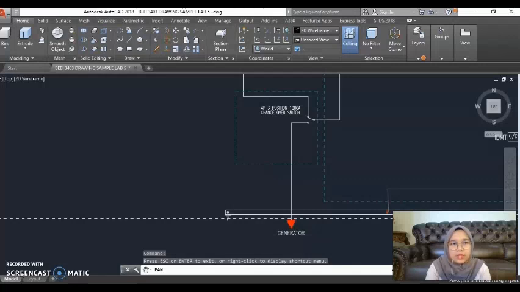I will continue the explanation for this figure. Basically, for the main switchboard of this figure, the incoming electrical supply is from the utility company, which is TNB. But at the same time, it has a supply from the genset as backup power for ESSB or EDB. E stands for essential, which is supply from the genset. And during TNB power trip, only ESSB and EDB will be connected to the genset supply